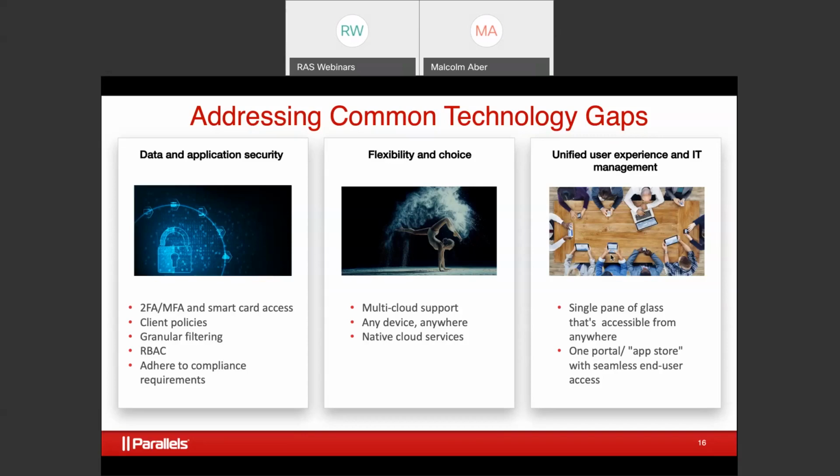Flexibility and choice, we have multi-cloud support. So you can go AWS, Microsoft Azure, it's not a problem. Public cloud, private cloud, it's totally up to you. Of course, any device, anywhere, that's not a problem. As I mentioned, we support, you can say, all the endpoints, all the operating systems, and